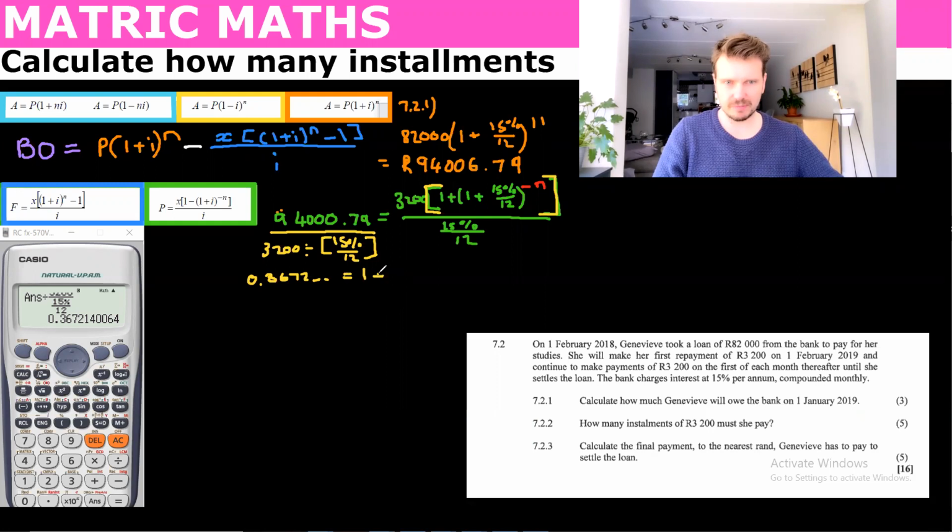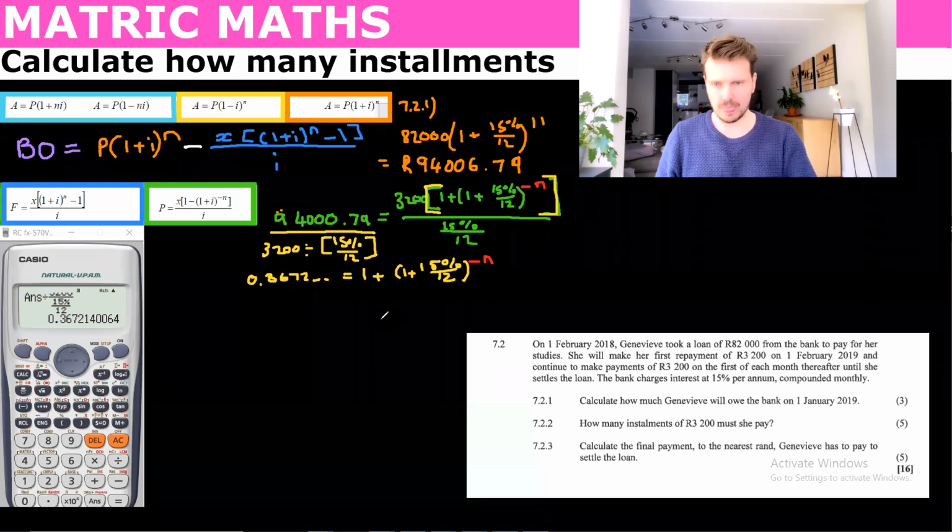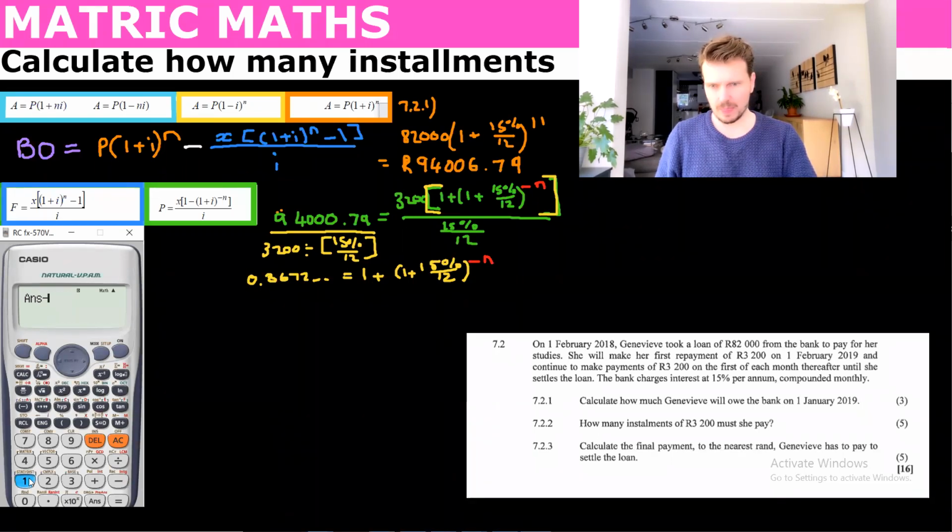We can just say 1 plus 15% over 12 to the minus n. And now we can just take the 1 across. So we're just going to say minus 1. And we get